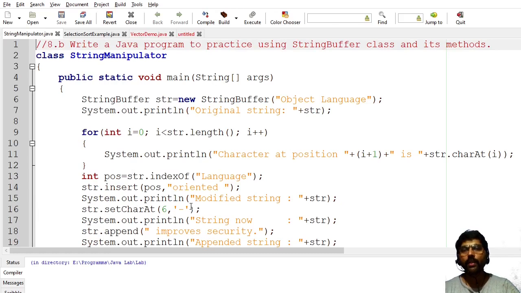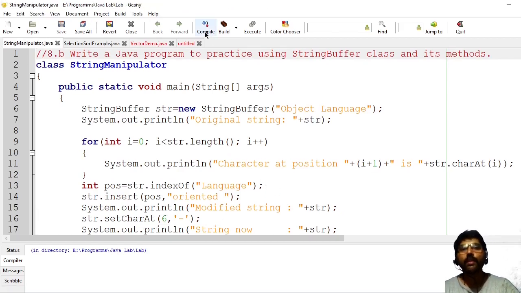Now if you want to run this program using command line arguments in text mode, what do I have to do? First compile this program. Then build it, but don't execute this program.